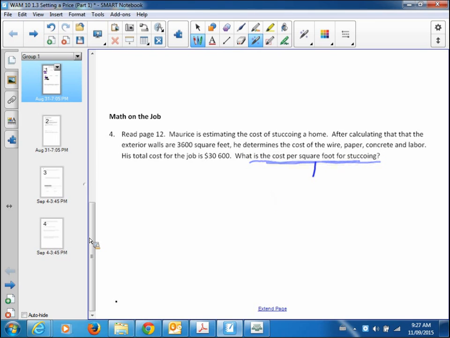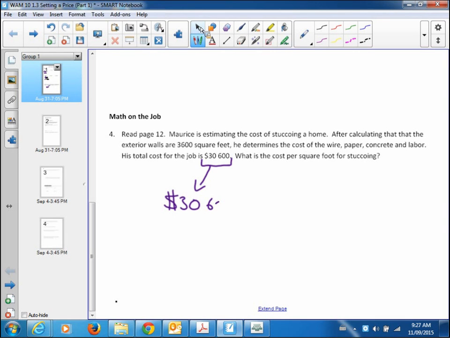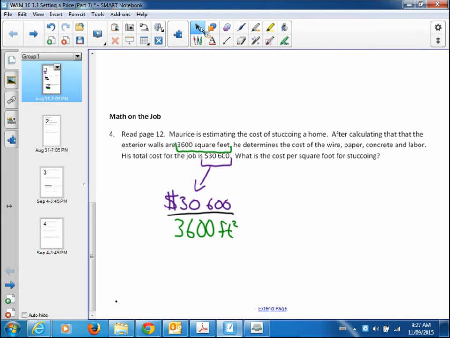So, here's what we'll do. You take the cost of the large amount, 30,600, divide that by the square feet that represents. In this case, 3,600 feet squared. If you divide that, you will find the dollar amount for 1 square foot on that job. So that's going to be equal to, use your calculator, $8.50 per square foot